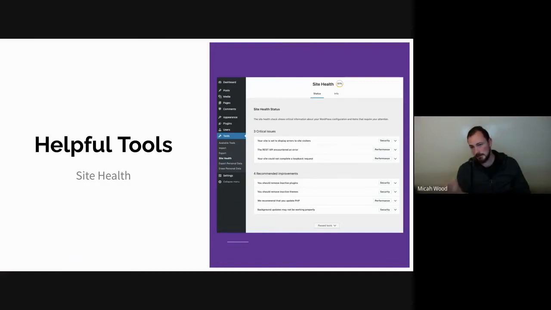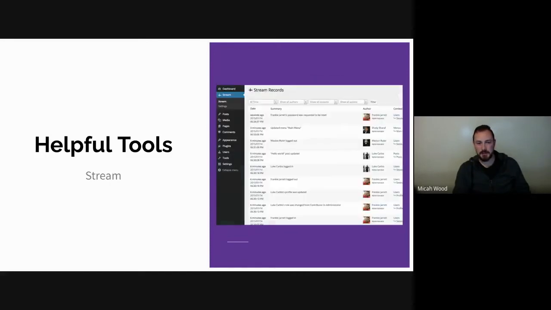At the top of that screen, if you click on the info section, it'll actually give you a button you can click, and it'll copy all of the information about your website, everything from the environment and software versions and plugins and everything that's running. It'll grab all of that stuff for you so you can paste it in a document or paste it in a help ticket or whatever you need to do with that. So that's a very, very helpful, very powerful tool, and I'm very glad to see that in WordPress.